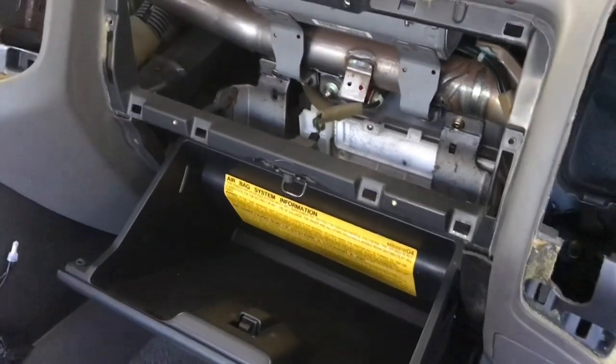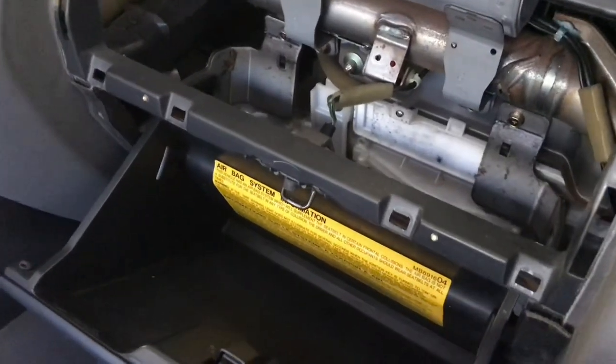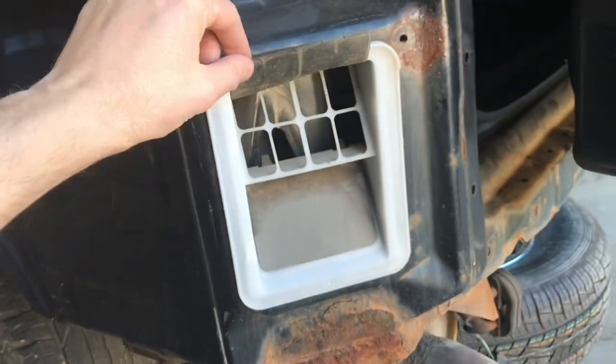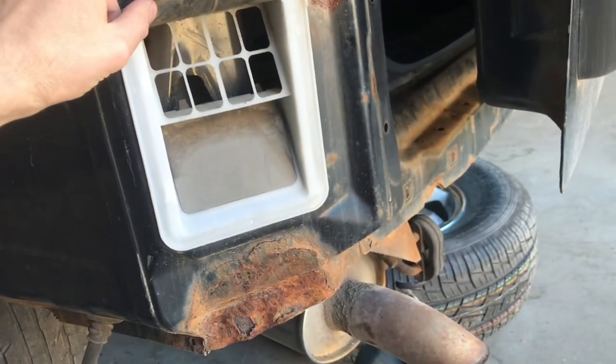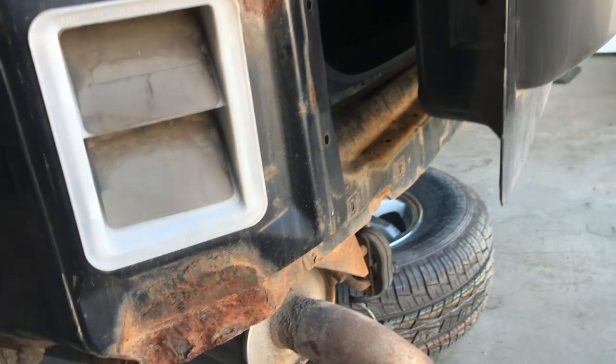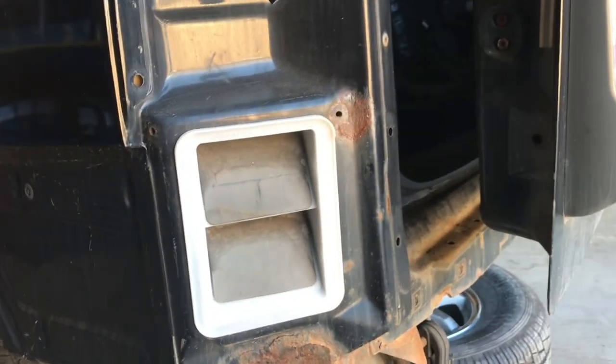It's like less than, I think, 20 bucks, and it takes 5 minutes and you're done. You have a cabin air filter. That really helps. But a lesser known place for dust to get in are these vents. These vents are behind the rear bumper, and their purpose is to equalize pressure when you shut